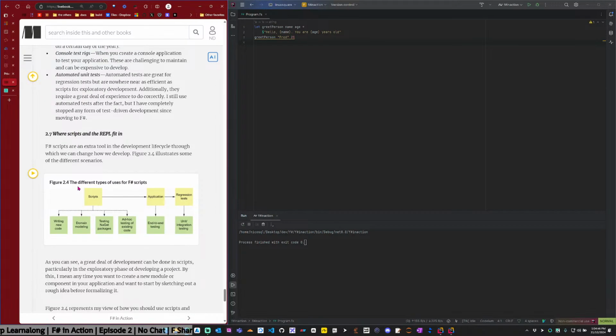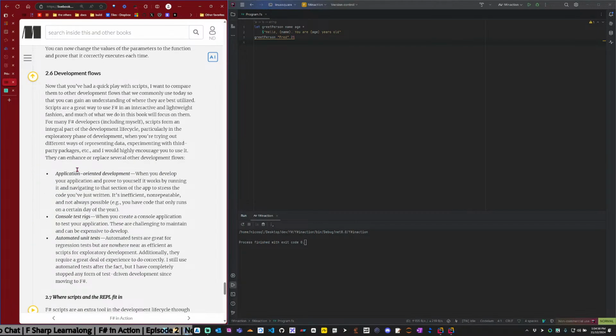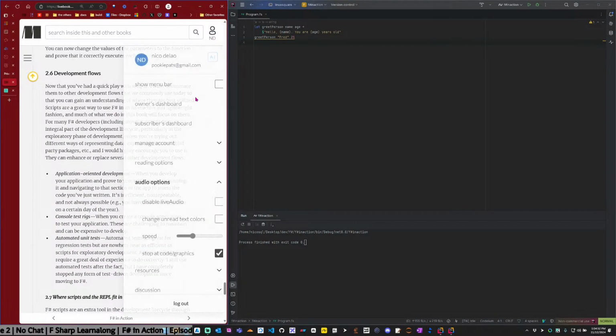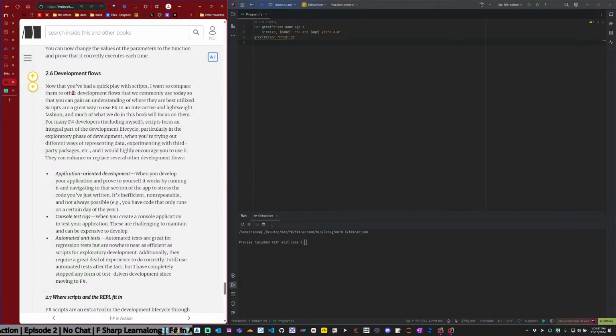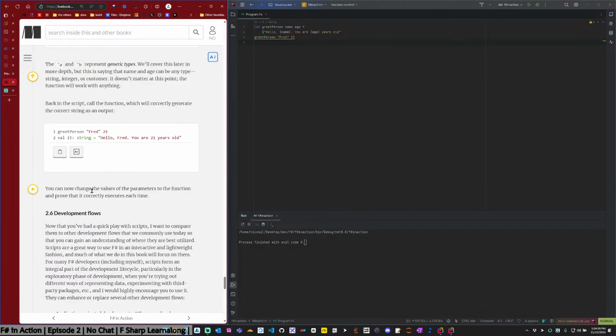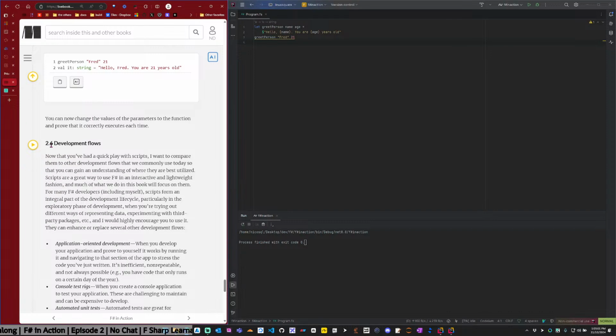Um, where scripts and REPLs fit in. I think this is more or less where I was. Speed it up a little bit. Oh, we had a quick play. Yeah, this is literally where I was. Section 2.6, Development Flows. Now that you've had a quick play with scripts, I want to compare them to other